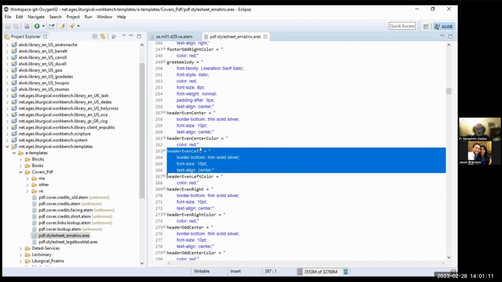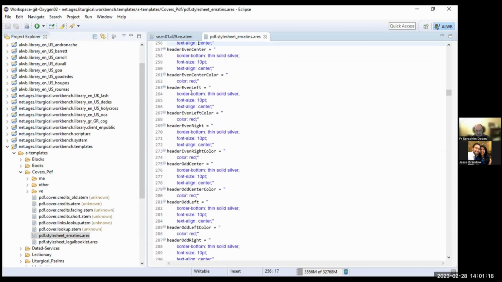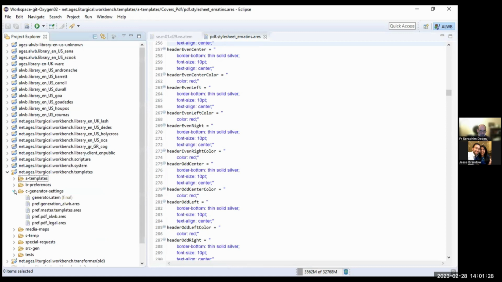Okay. So this is where the styles of the colors and all the stuff are. We also need to look at a file called PDF. There's pref PDF. Okay. In the preferences,